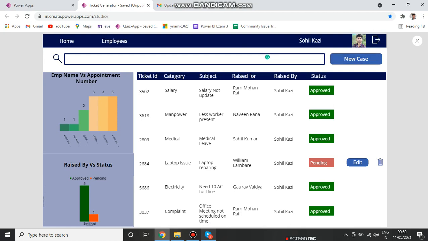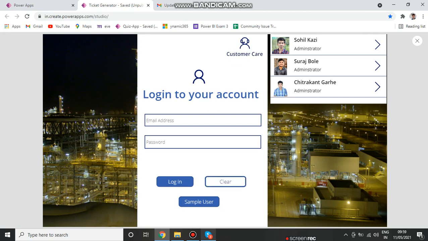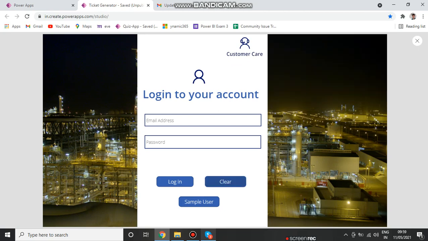I am just going to log out. After this part, I am going to tell what the customer care will do and how it works. For example, our employee wants to know the status of whatever issue he raised, so he clicks and communicates with the customer care.